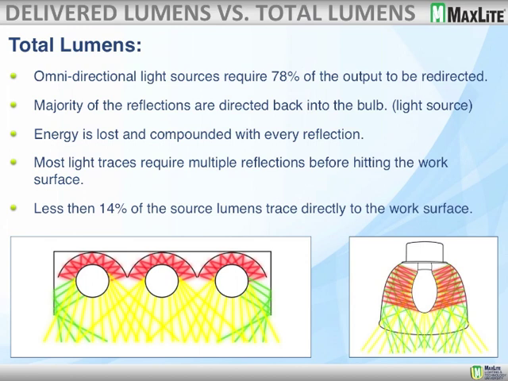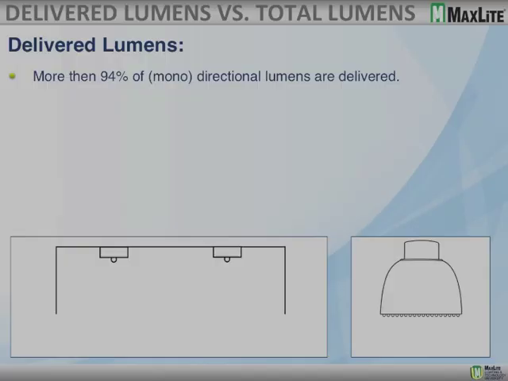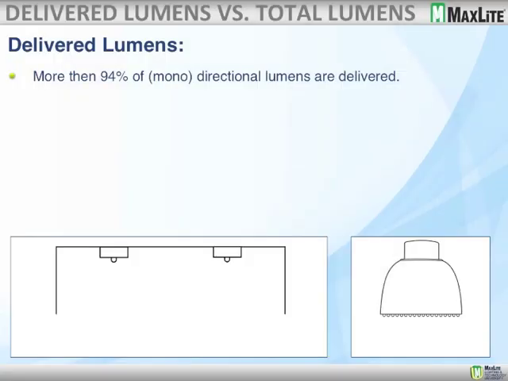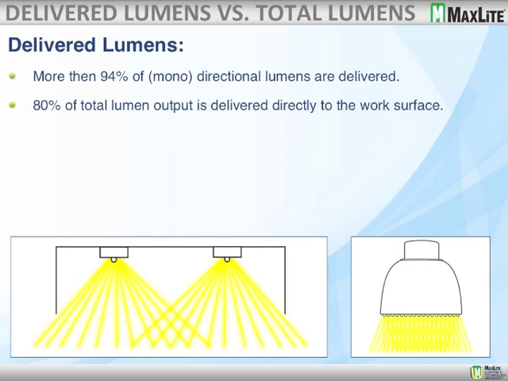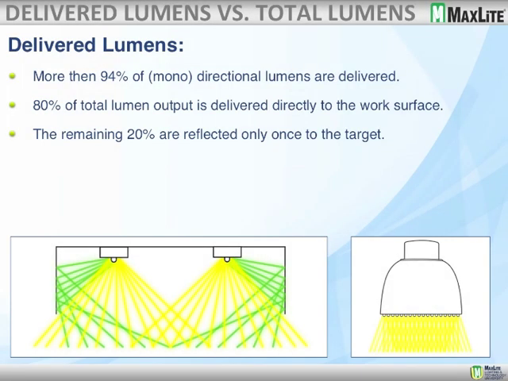Let's jump over to the delivered lumen side of things, where we had about 80% of the light that was reflecting one or more times. With a direct lit, with the delivered lumens, we have over 90% of the light that is delivered right from the light source. 80% of the total light output is delivered directly to the work surface, or more, depending on the efficiency of the fixture. The remaining 20% of the light is reflected once only before it